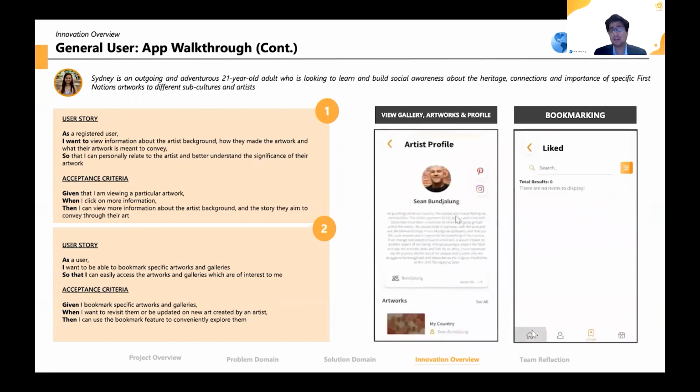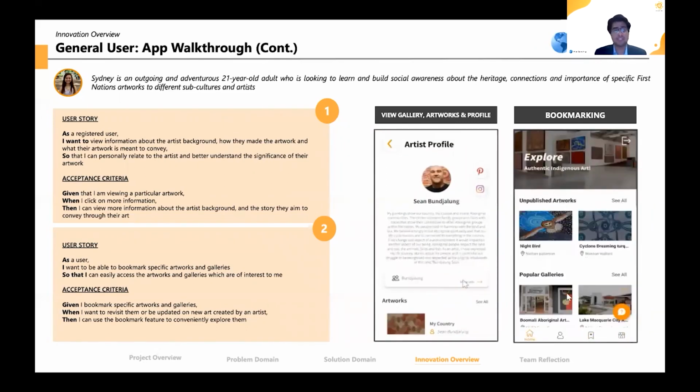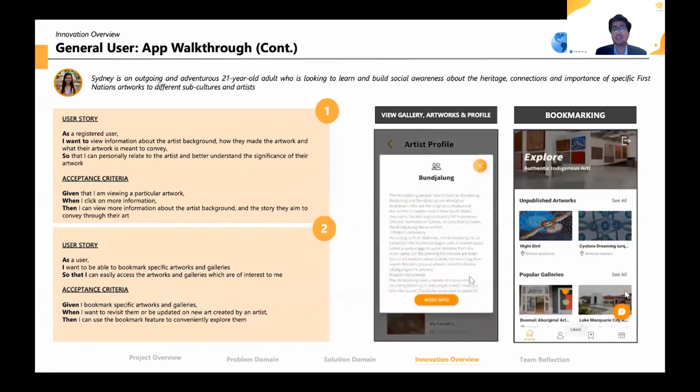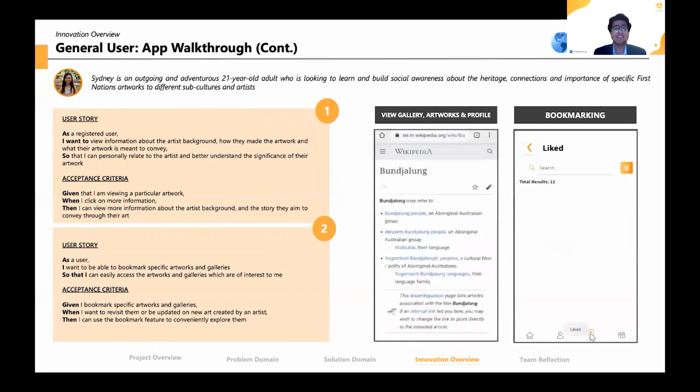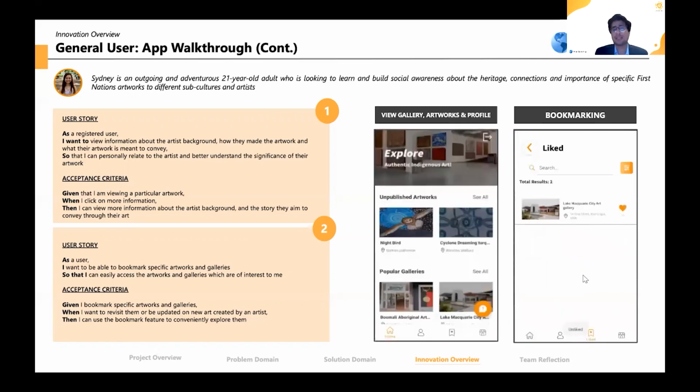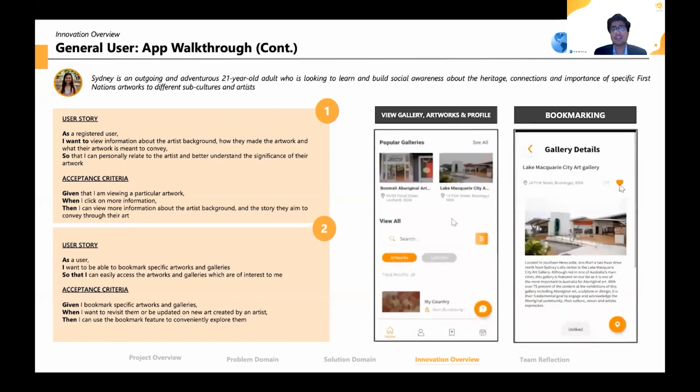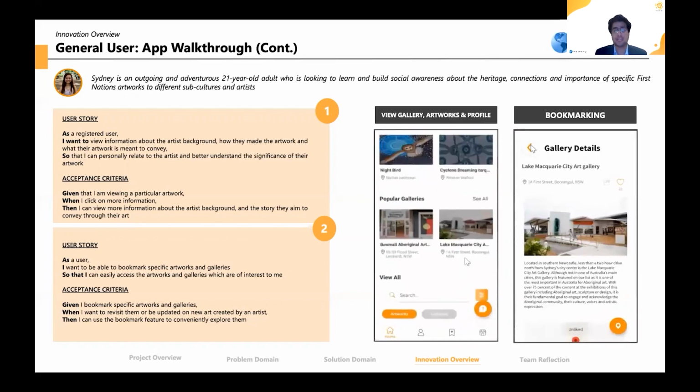As I click on the artwork, I can identify the details of the artwork and the verification signature to know that it's genuine. By clicking on the artist's profile, I can understand more about their personal biography and community, and an external link to the internet allows me to continue my learning.